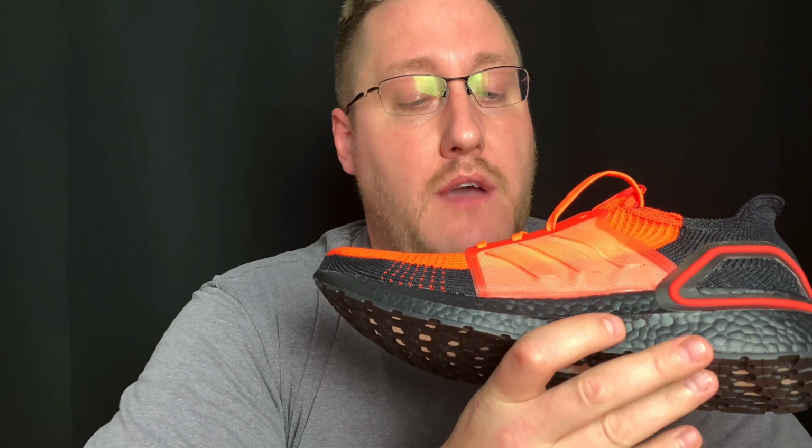But the stripes themselves, if they would have just thrown some black stripes on here, Boosted Stripes, get at me if you want to send me a set. I can do a video on that. And maybe I'll order some Boosted Stripes. I don't know, I haven't decided yet. But that would have helped this shoe